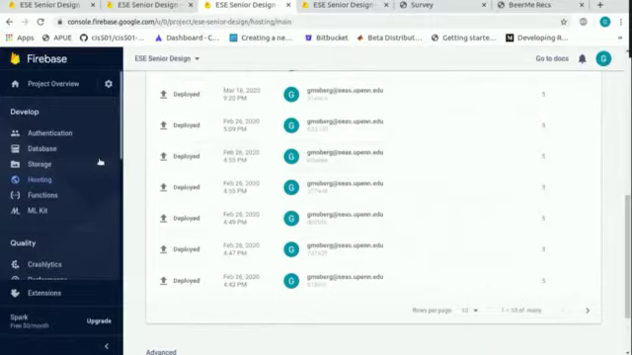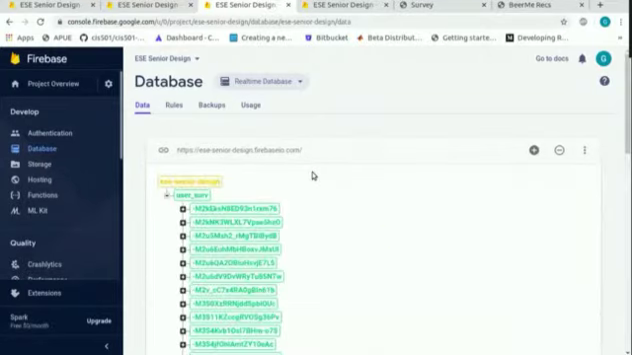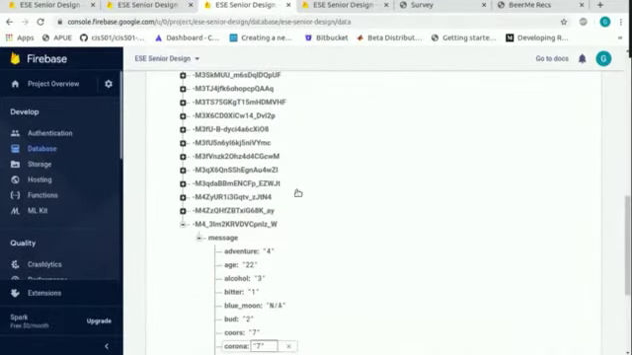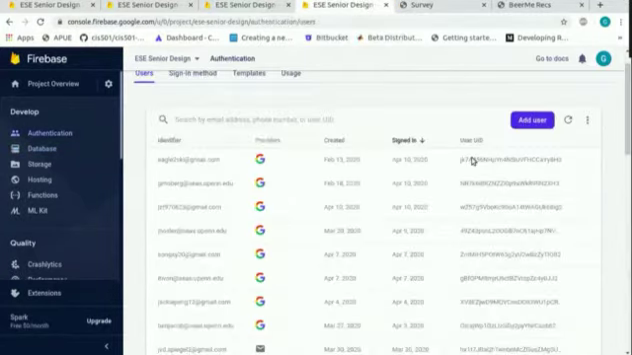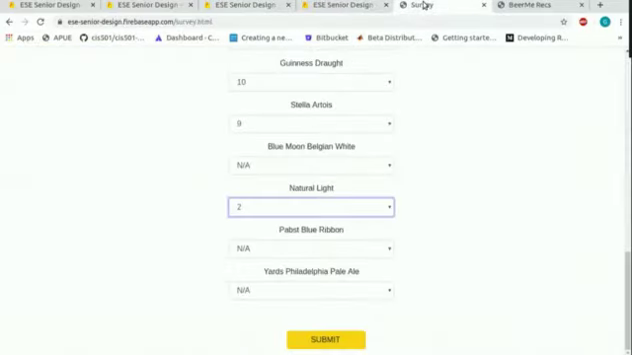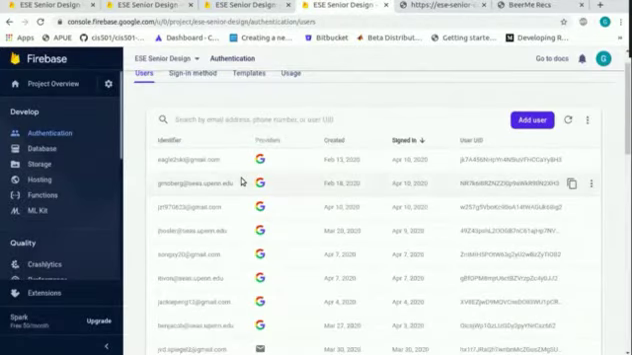And we want to see in the database if those updates are reflected. So these are all the users. That bottom one is the one that we are. And when we submit, we should be able to see